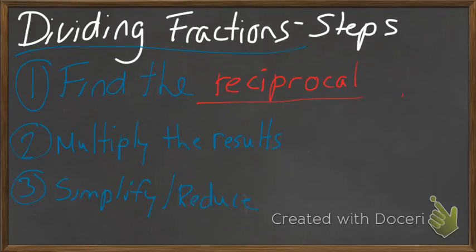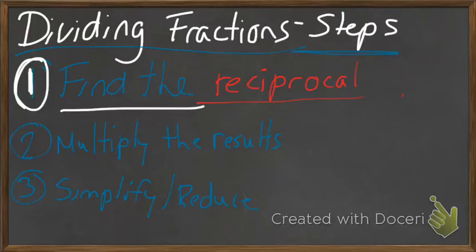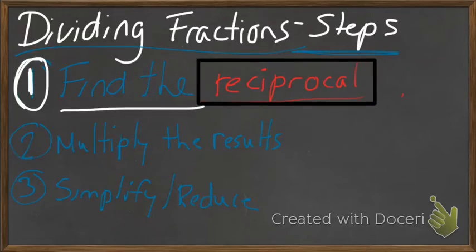When we divide fractions, we have different steps. The process is very, very similar, except for number 1. Number 1 is a slightly different process. We need to find the reciprocal. And this is a word that we probably haven't heard before, but it's nothing too scary. Basically, when we find the reciprocal, we are flipping, I'm going to write this in red,